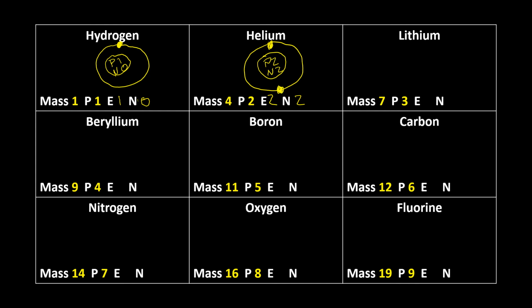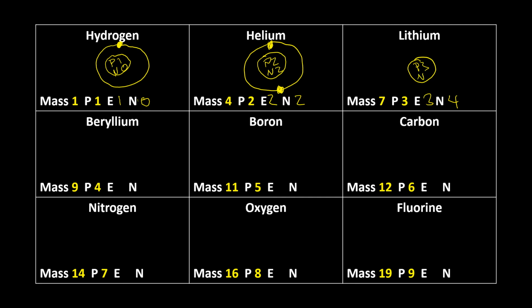Then we can move over to lithium. Since I have 3 protons, I have to have 3 electrons. And 7 minus 3 gives me 4 neutrons. I draw my nucleus,